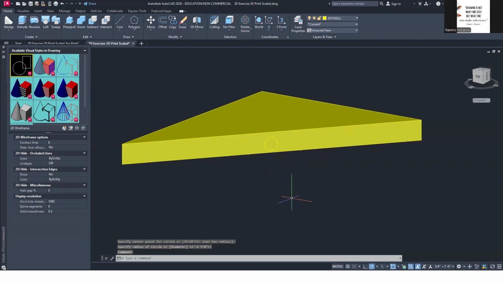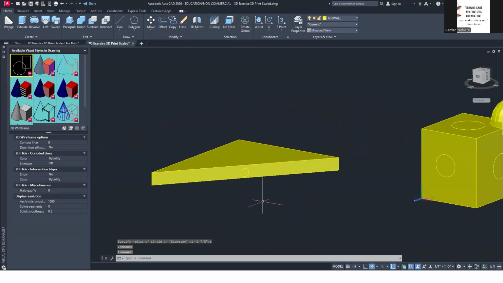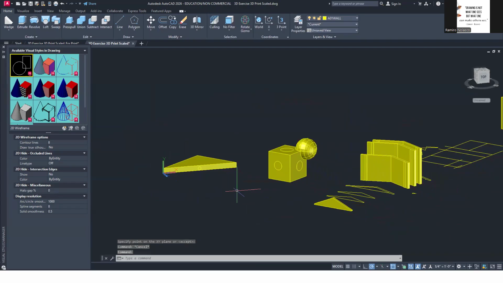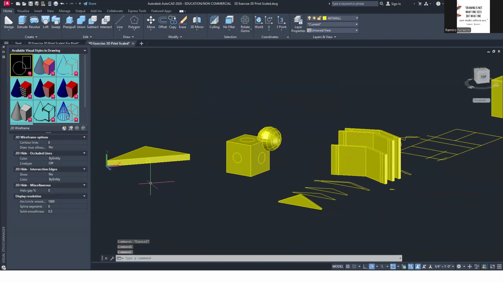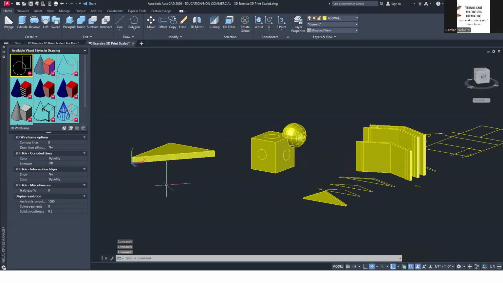But otherwise, if I want to, I can place my UCS aligned to that surface by typing UCS origin, X direction, Y direction. Okay. Now, that will be very handy, especially if there are surfaces that are inclined, or even if it's not inclined, it's quite useful if the UCS doesn't align with your surface that you are hovering over.